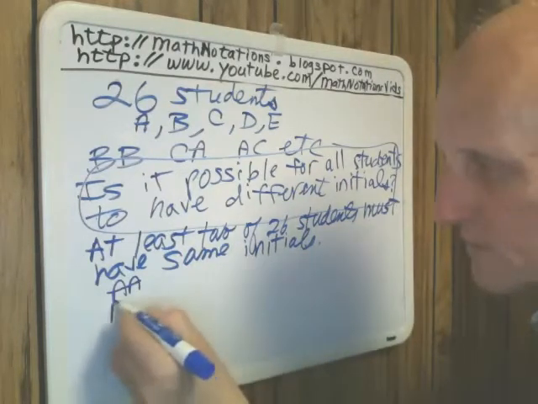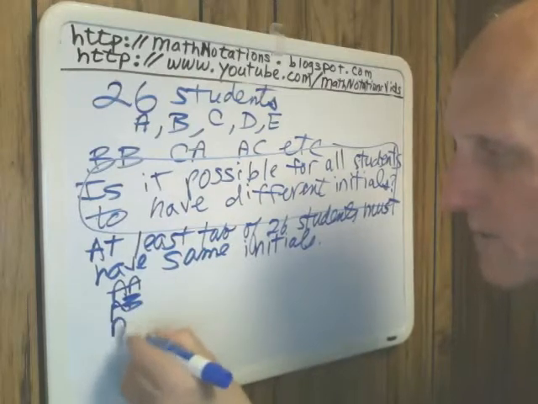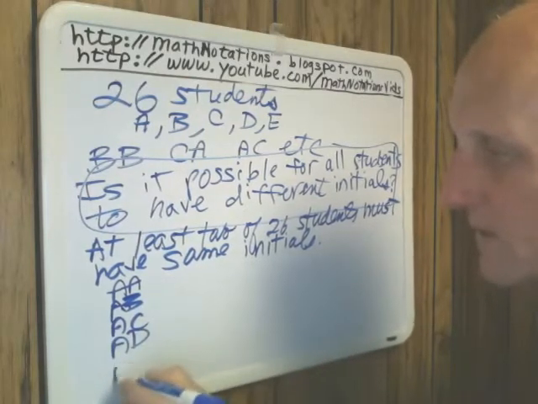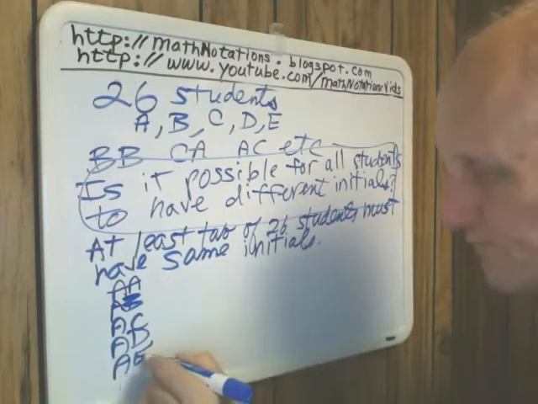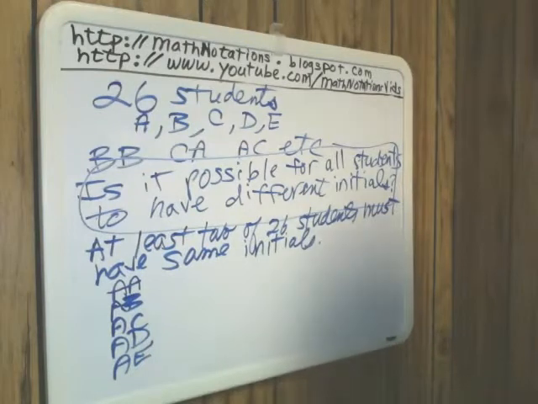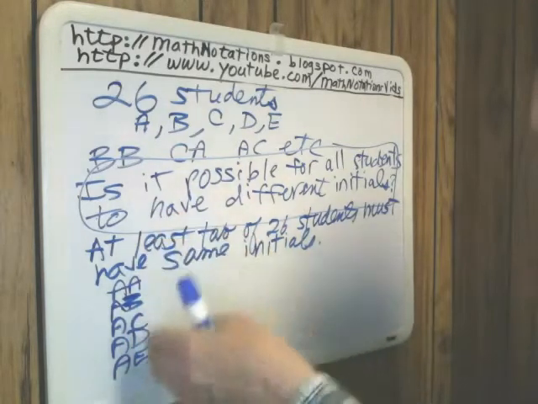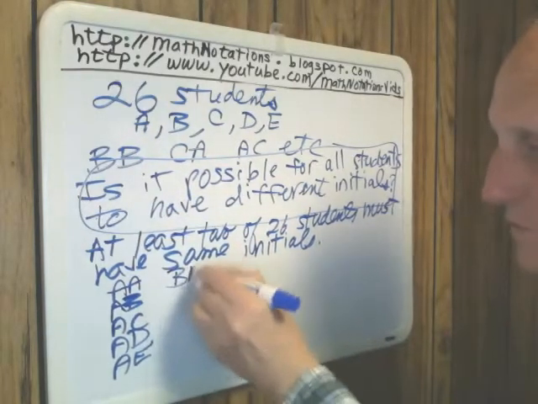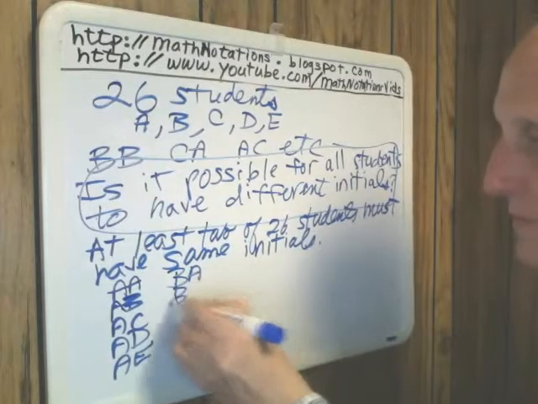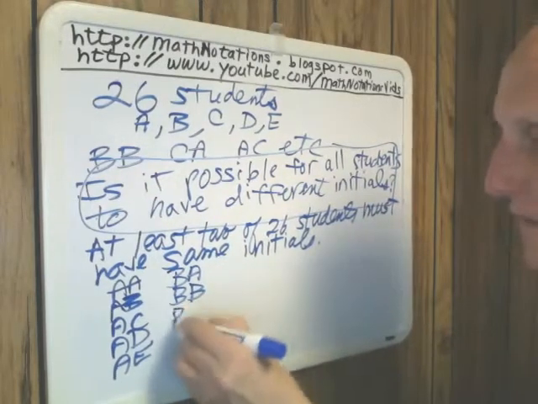And I think a lot of students would write AA, AB, AC, AD, AE. The younger students tend to be more scattered. We hope as they move up, they will become more organized, and they need models like this to follow. So the first initial could be A, and then there are 5 possibilities. The first initial could be, excuse me, B, and then there are 5